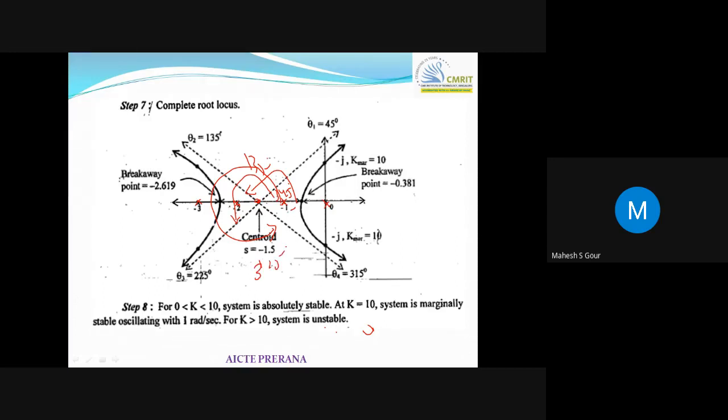Now, as you know, your root locus should move parallel to your asymptotes and it should meet them at infinity. Both the asymptotes and the root locus will meet at infinity. Correct? Now, when the root locus is drawn, it is touching the imaginary axis. So what is the value of this point, where the root locus touches the imaginary axis? That is solved by using your RH criteria. You want to make the system marginally stable, right?